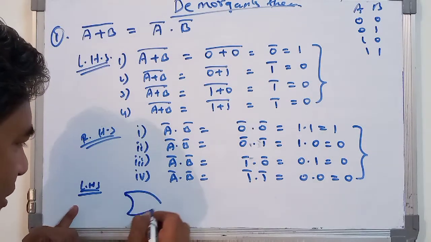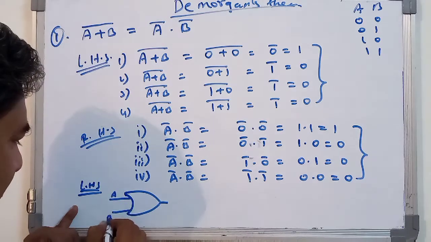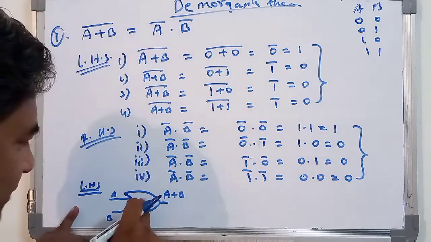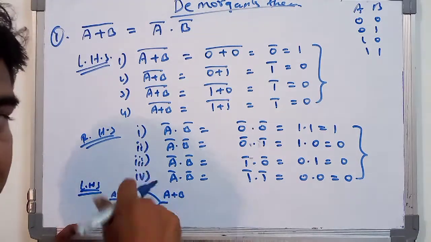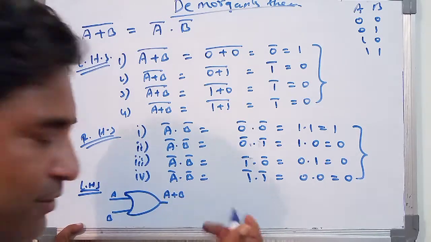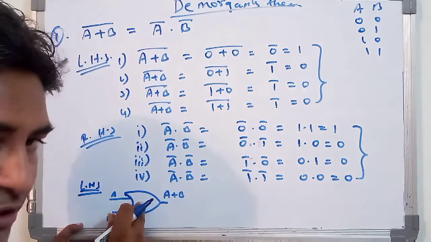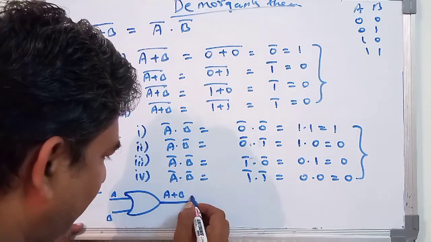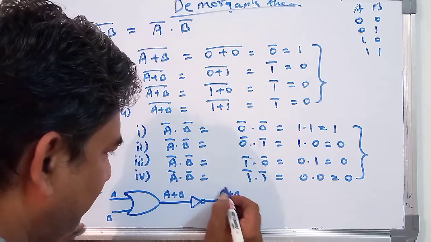First, the OR gate. Okay students, here you will be obtaining the A and B. Here you will be getting A plus B, as it is an OR gate. Now we have to complement the value. For complementing that particular value, you have to attach an inverter. You may draw a circle here also, and it will be considered as a NOR gate. But according to the textbook, you have to connect the inverter like this, and that's why you will be getting A plus B whole bar.